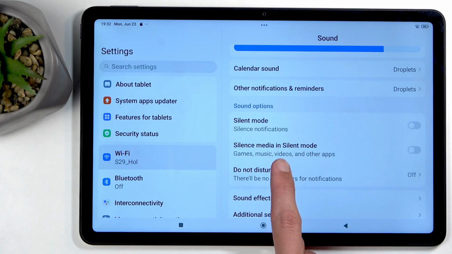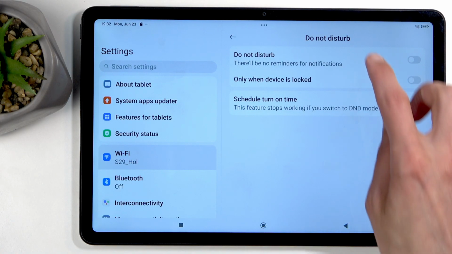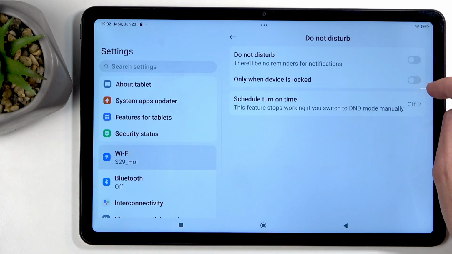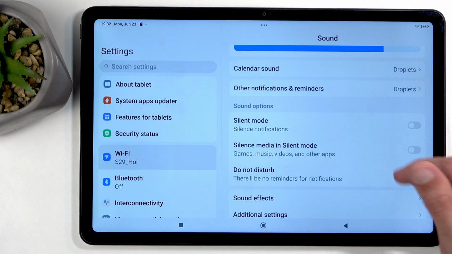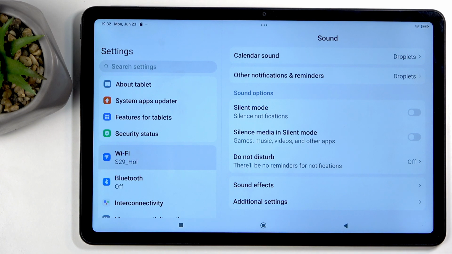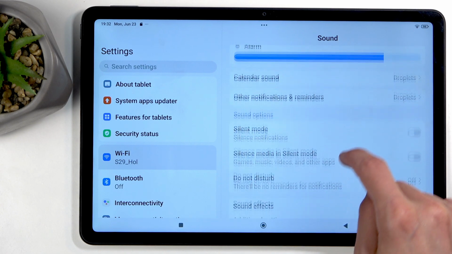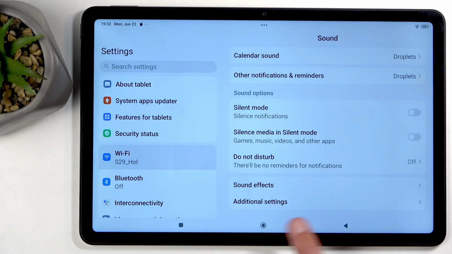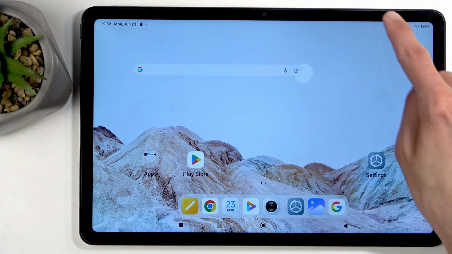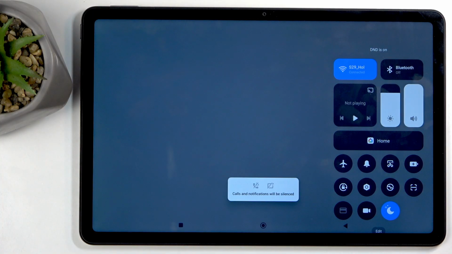So select right here, Do Not Disturb, and we can turn it on. Wow, we have almost no existing settings right here. So yeah, that's about it. Now when you enable this, just to showcase this, you will also need to remember to turn